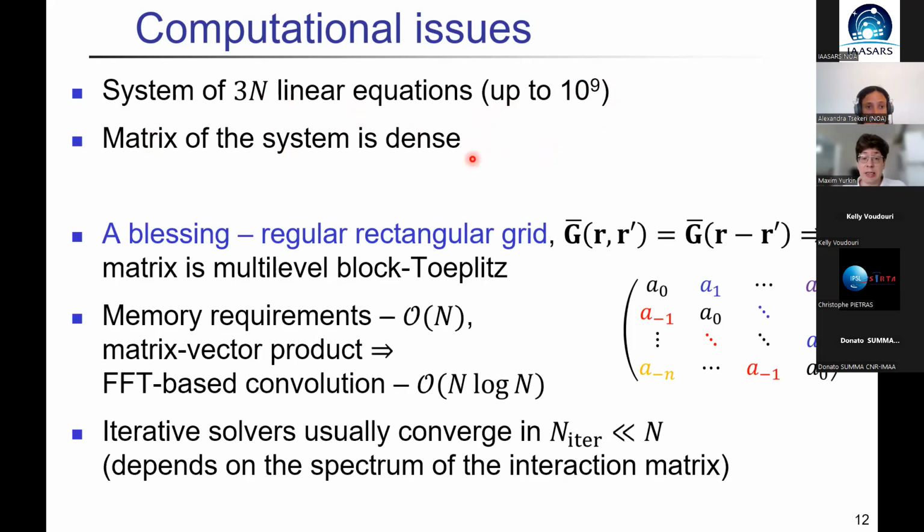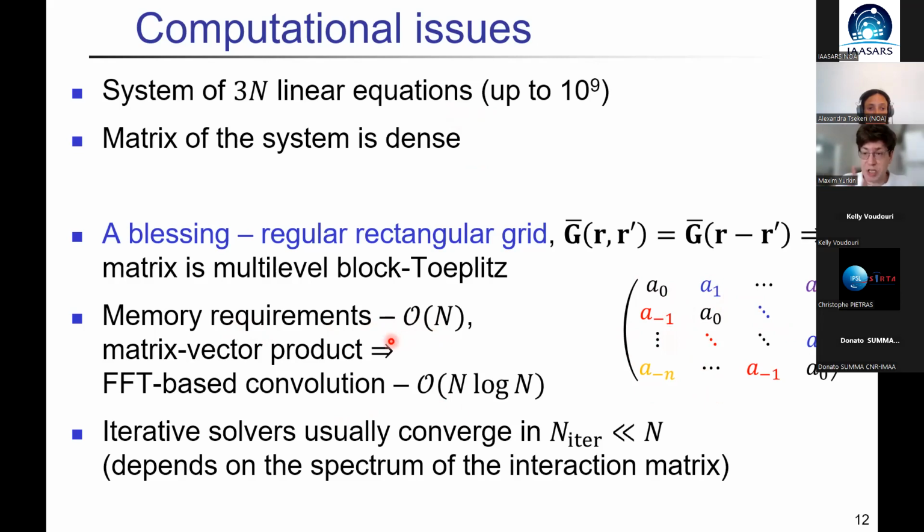The good thing here is that we have a regular rectangular grid, almost always in the DDA. Maybe not necessarily, but all practical applications use this regular grid. Then the matrix that we get is dense, but it's Toeplitz, more specifically multi-level block Toeplitz, which means that it has some numbers the same over diagonals, as shown here. That's one level, a simple Toeplitz matrix. The important thing is that because of the special structure of the matrix, we can turn the memory requirements down to order N,